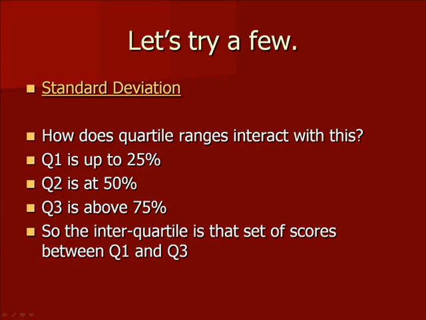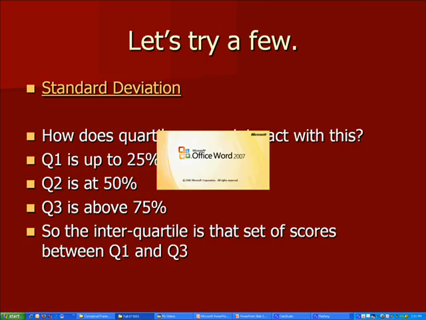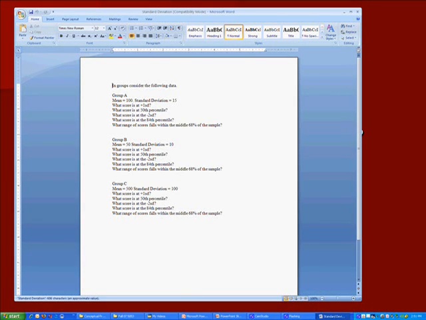You have a document called standard deviation. What I want you to do, and it looks like this, is I'm going to have in the chat room, I want you to discuss what the answers to these questions are. I'm going to put a few people in Group A, a few people in Group B, and a few people in Group C. I want you to look at this set of scores and calculate the standard deviation, the 50th percentile, and all these other numbers using this normal distribution table.